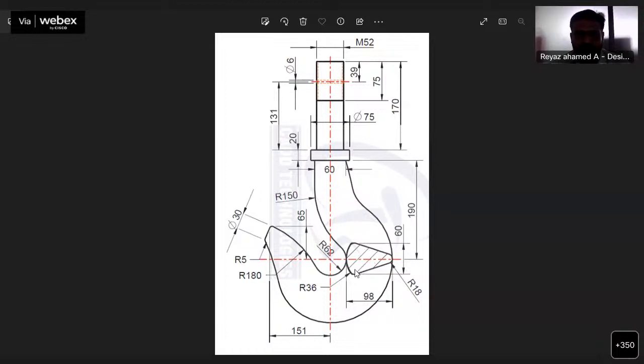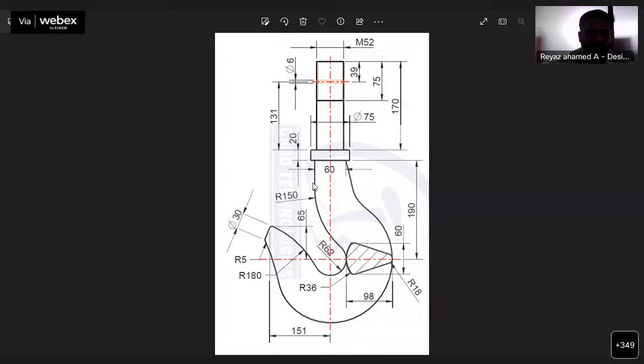So we have to connect three different cross sections. The end of the hook part has a diameter of 30 mm, the starting part has a diameter of 60 mm, and the middle of the hook part has a different cross section area. We have to create this cross section. Okay, let us create this one. The three different cross section profiles are connected with the path.